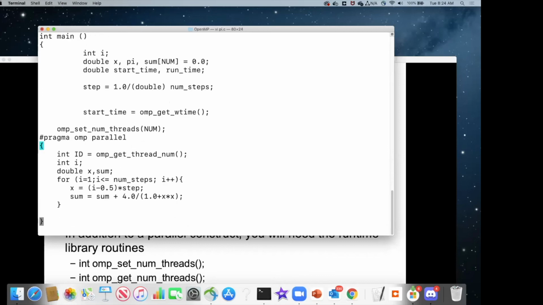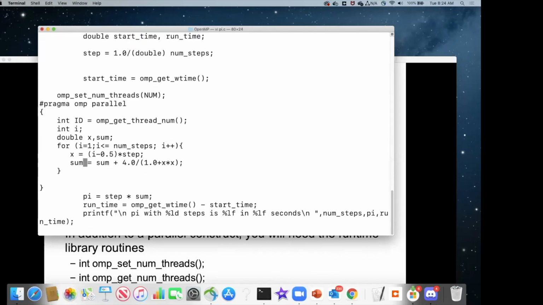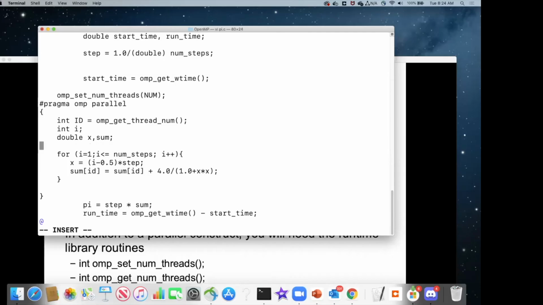And so now inside of here, I'm going to index this array by ID. Oh, but I didn't declare it 0, right? You gotta initialize your accumulator. Okay, so you see what I did here. I've now created an array. So now when I get down here,